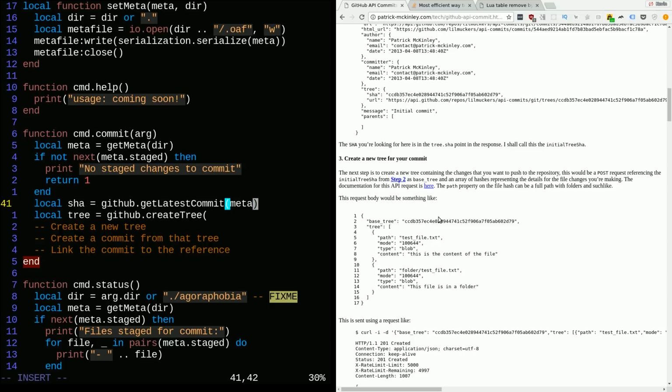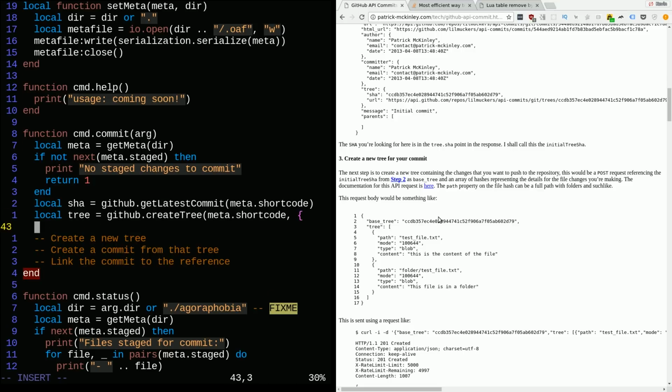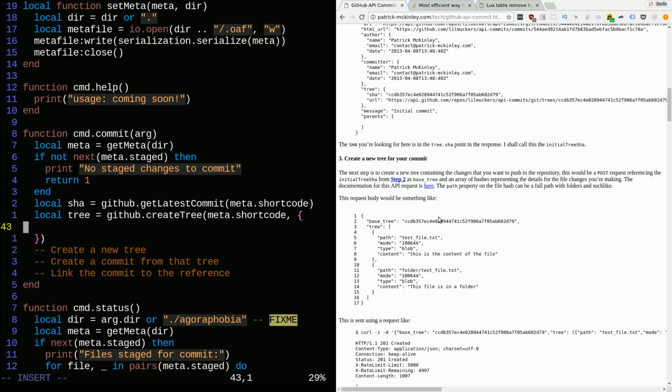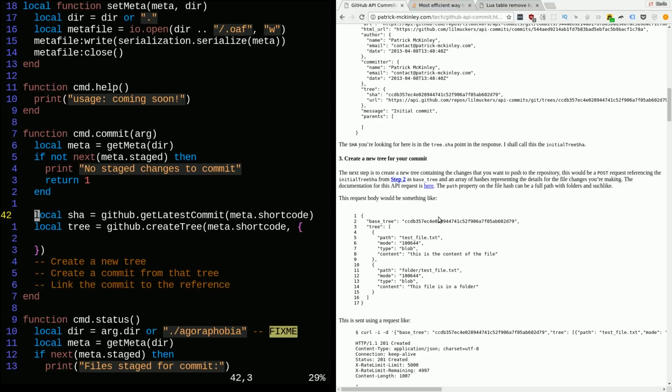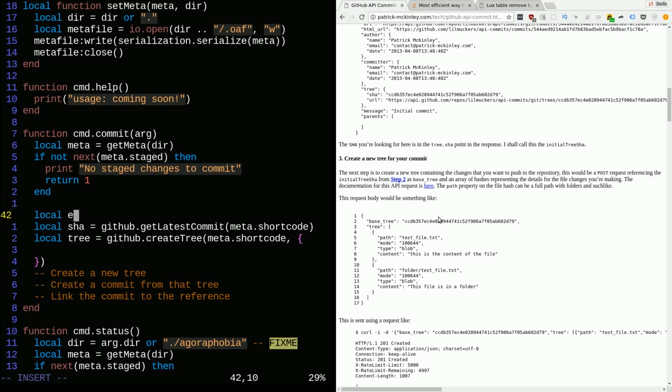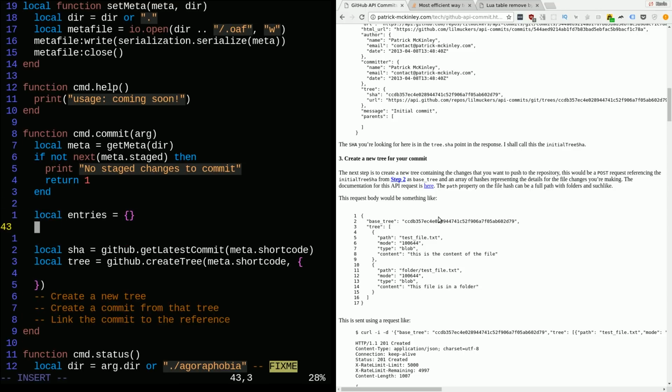Get latest commit is going to need the meta shortcode. It's going to need to know the repository that we're talking about. So we'll have to create a repository for it, and the tree is going to need to know about that too. And we're going to need to build up all of the entries, I guess. Let me see. So let's say local entries is that, and then we'll say for file, blah, in pairs of meta staged, do,